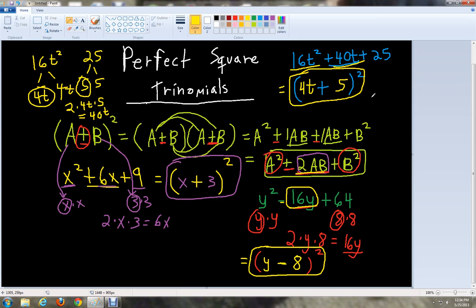So that's how you do these problems with perfect square trinomials. Just make sure when you're looking at them that the first term and the last term are perfect squares, and also check to make sure that the last term is positive, because if it's not, it can't be a perfect square trinomial. And then of course 2 times a times b, whatever those terms are, has to give you the term in the middle, or else it doesn't work. So that's something to look out for when you're trying to factor